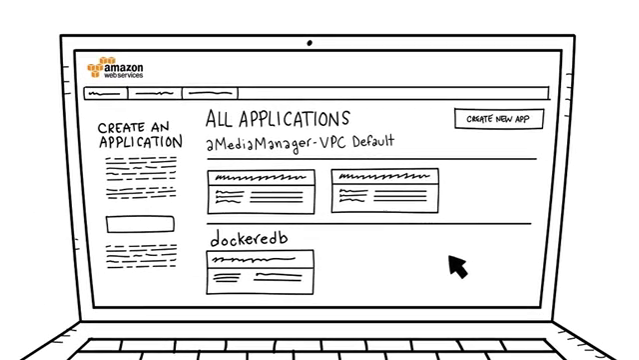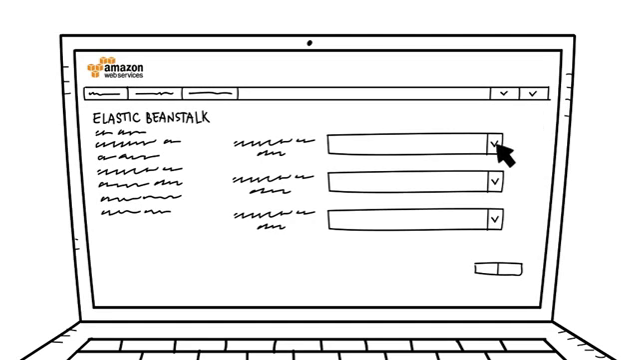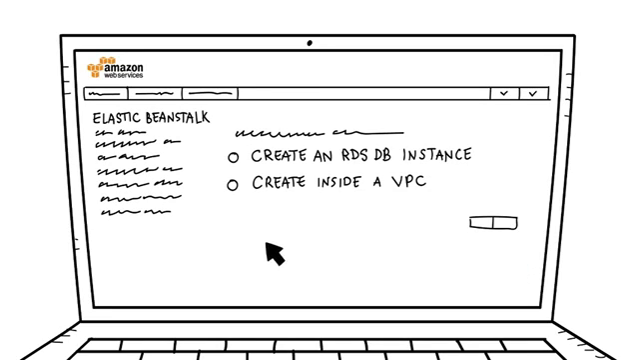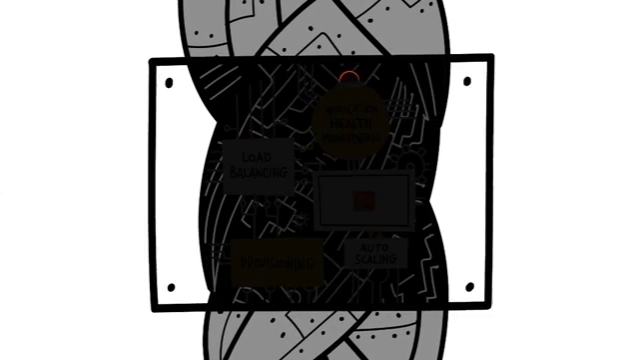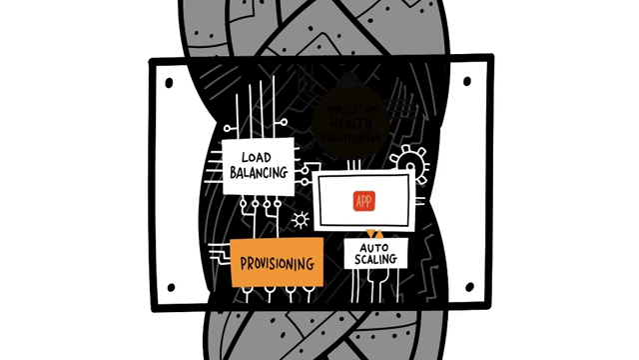It's easy to get started on Elastic Beanstalk. You can use the AWS Management Console, the command line interface, or the API. You just choose your platform, like Node.js or Ruby, and Amazon EC2 instance type. Then, you select additional resources to use, such as Amazon Relational Database Service or Amazon Virtual Private Cloud, and then just upload your code. Elastic Beanstalk will handle the rest of the deployment details, such as provisioning, load balancing, auto-scaling,